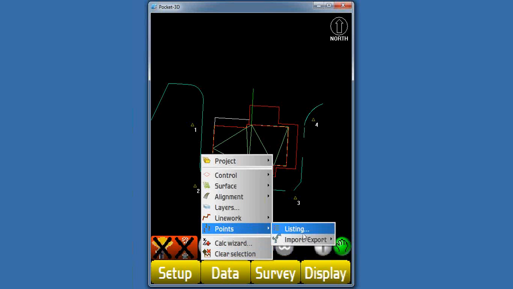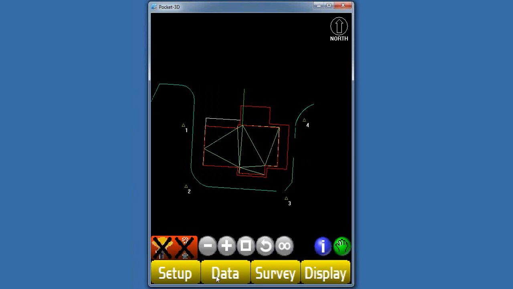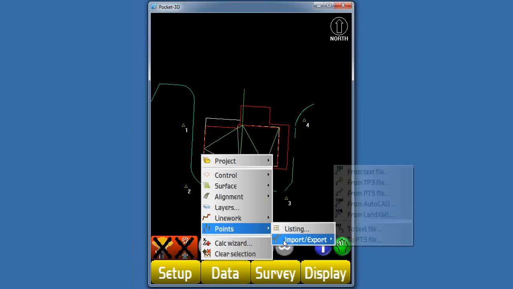We're going to go to Points, and I'm going to hit Listing just to show you. In our listing, we don't have anything. Our default layer, there's multiple layers, and if we go to all layers, we can see we have no points on any layers, and that's okay because we hadn't brought any in. So we're going to go to Data, Points, Import Export